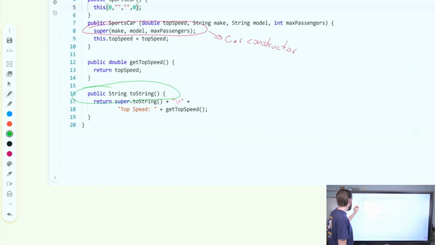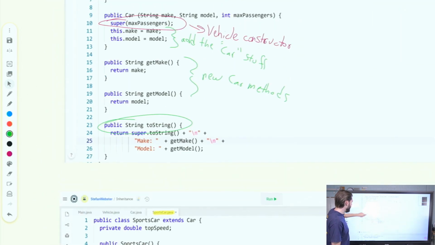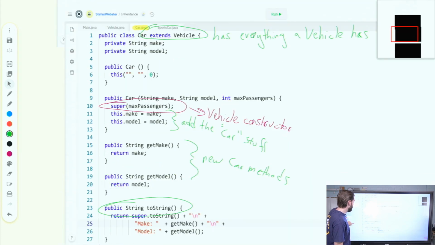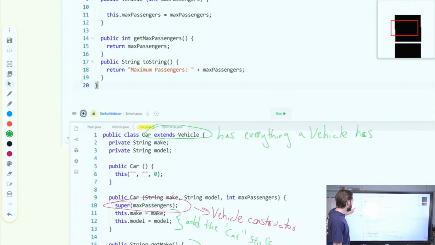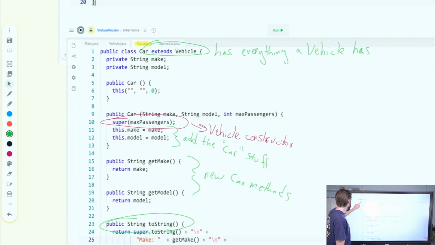Only one method here. But because it inherits from car and vehicle, which car has two more methods, get make and get model, and vehicle has get max passengers, I can in fact